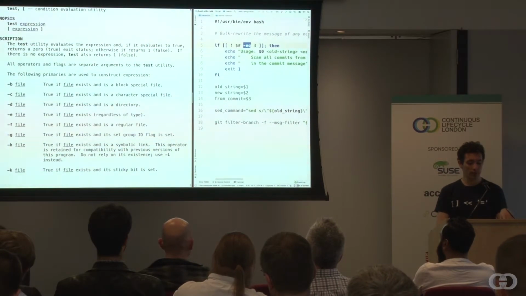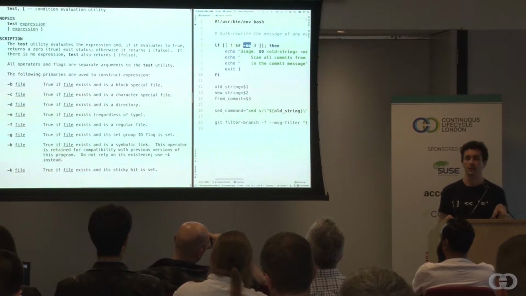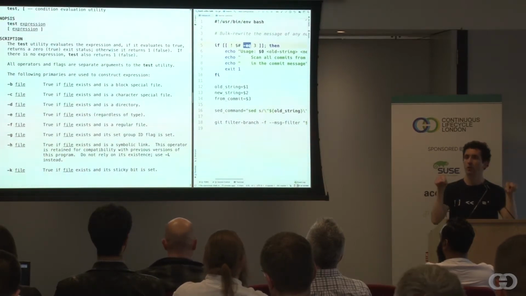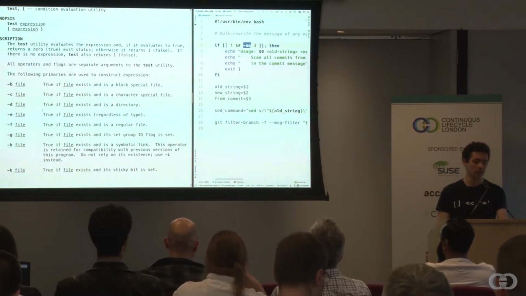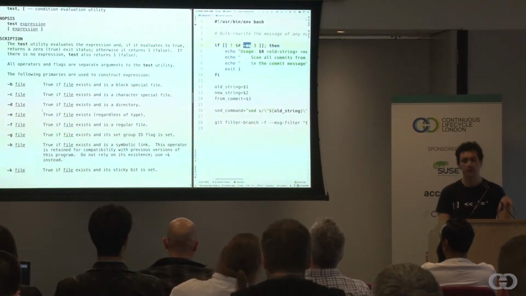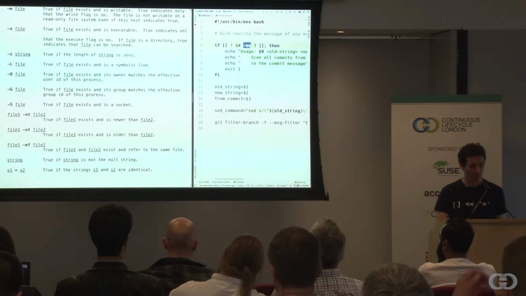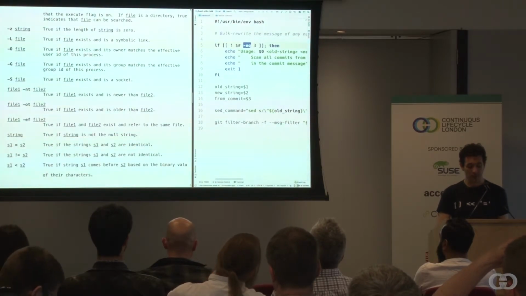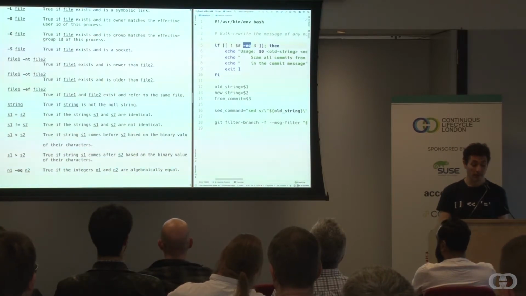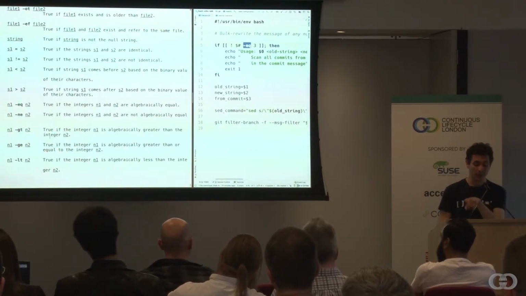So here, it gives you a list of all the different things that you can test or that you can check within your square bracket thingy, right? You can check for the existence, type and content of files. It can be particular strings, whether a string is 0 or not. You can compare different files. You can compare strings. You can compare numbers. And this is the interesting one,